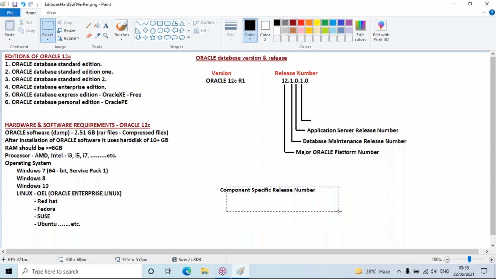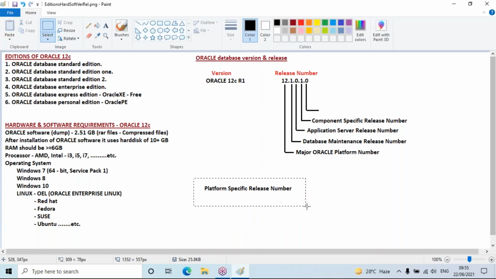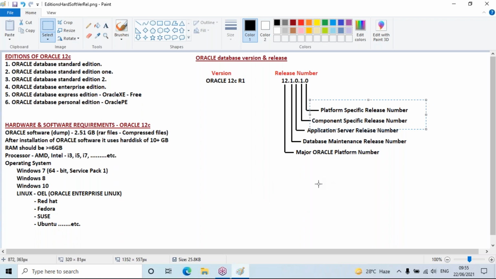This is one more explanation for the digit. And the last 0 indicates the platform specific release number. This is how you identify things connected with your Oracle database version and release.